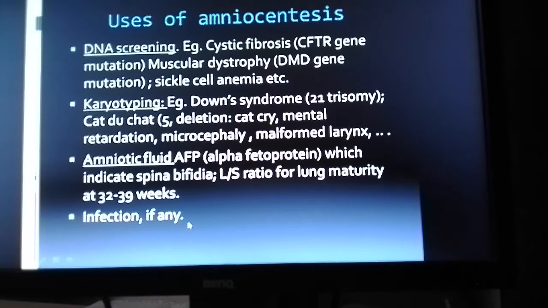Even the presence of any infection may be known out of this. So that way a lot of possibilities for the deformities in the developing fetus may be identified, and